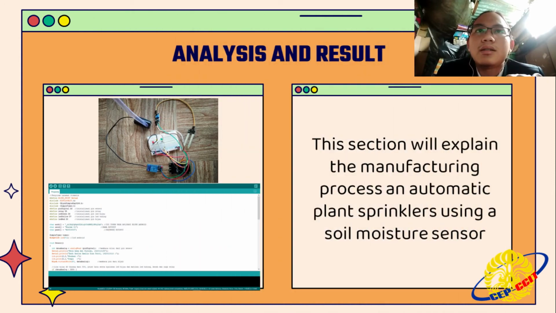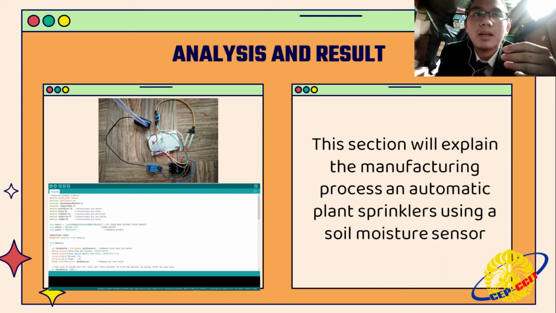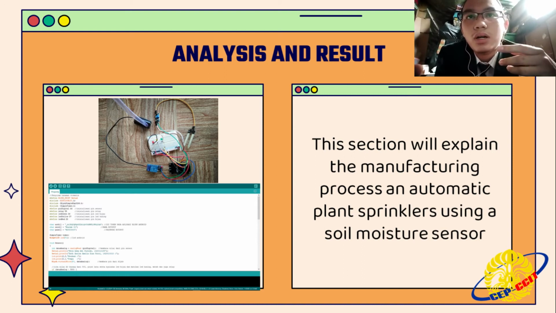And then analysis and results. This section will explain the manufacturing process of the automatic plant sprinkler using a soil moisture sensor, consisting of a breadboard that is assembled with LED lights, a resistor, and jumper cables that connect the NodeMCU ESP8266 and a soil moisture sensor, and also a relay connected to a water pump with a water hose.